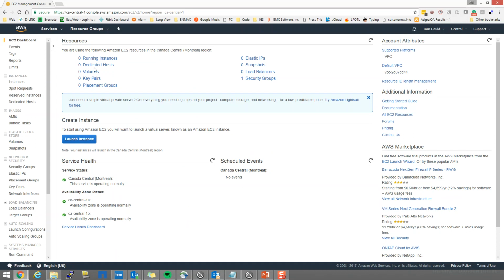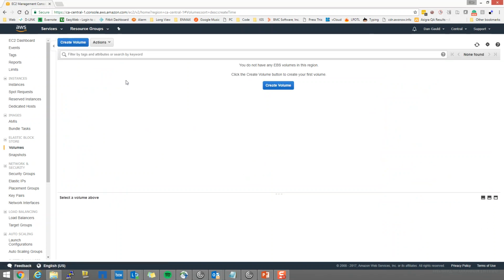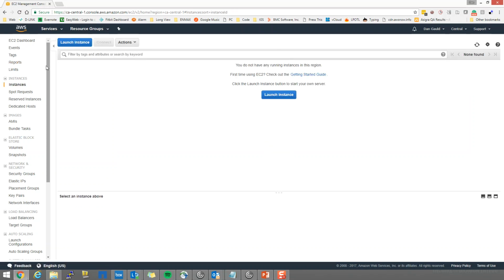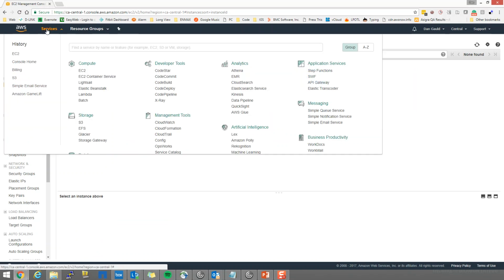Here you can see we have our usual dashboard. If we had any running volumes here, current EBS volumes, we would go in here and we can see them. We don't have any. We don't have anything associated right now. We don't have any instances running. So let's go back. Sorry, I'm kind of lost here. We'll go back to EC2,